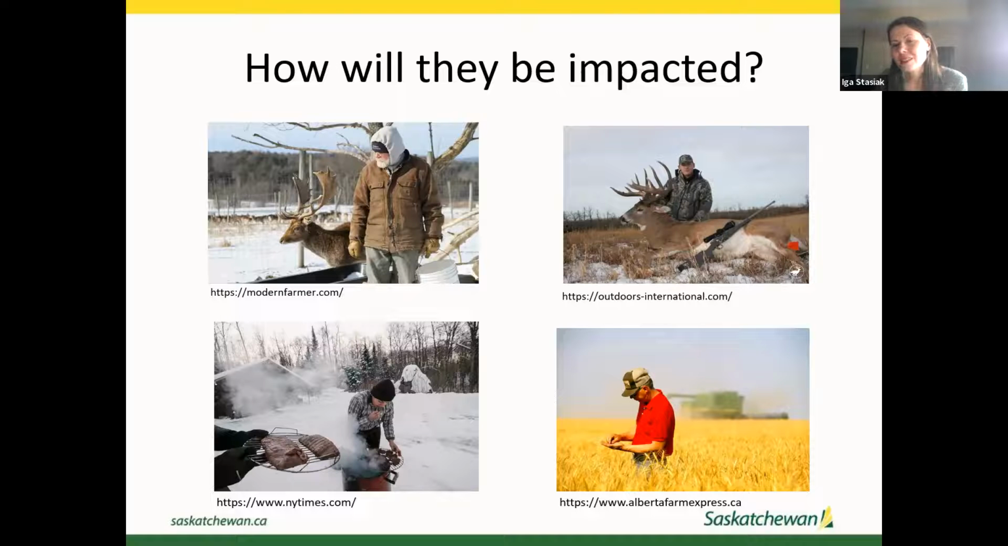Same with, for instance, if you're a hunter and you've been using bait your whole life, or potentially for multiple generations, or an outfitter that relies on their income from clients that are coming in to hunt from other jurisdictions. You might also have a different perception of the potential impacts of some of these restrictive management options, like restrictions on baiting. If you're a grain producer, you